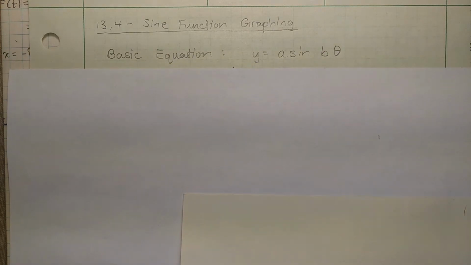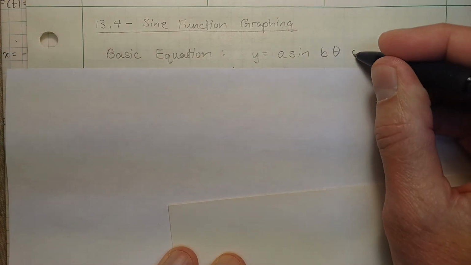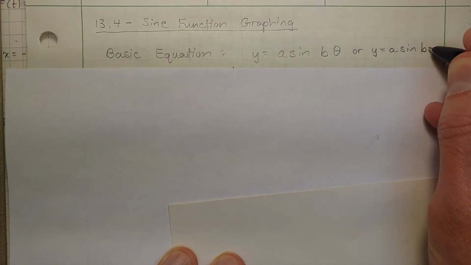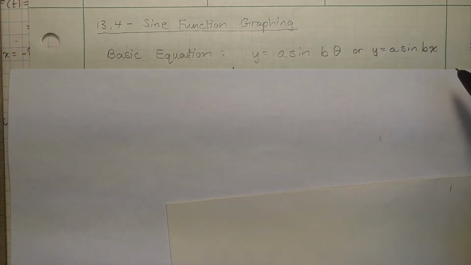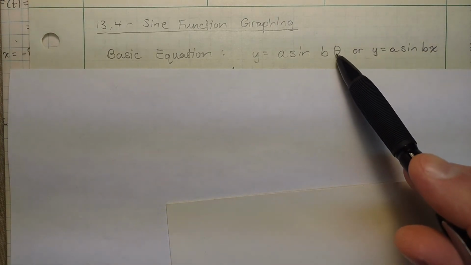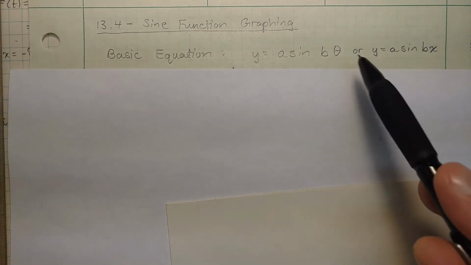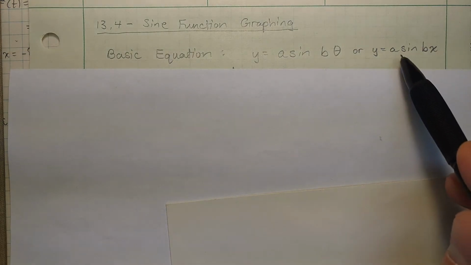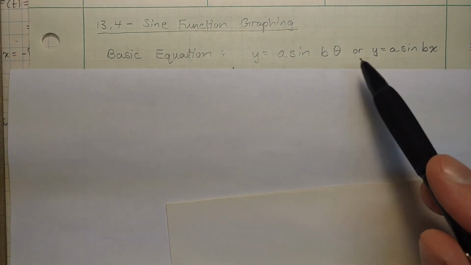All right, so our basic function looks like this. This is y equals a times the sine of b theta, or you can write that as bx. You could think of it as either way, b theta or bx. Either one would be appropriate. If you want to, you can even write y equals a sine of bx, because if we want to think of it in terms of x and y inputs, then we can do that. But using theta does remind us that the x is measuring an angle and the y is measuring a ratio. The key, really, to knowing what the graph looks like are these numbers a and b,